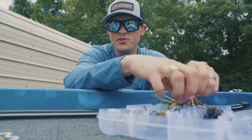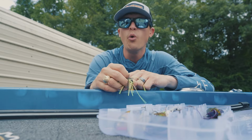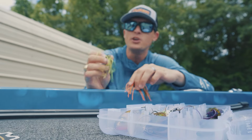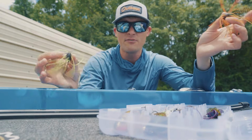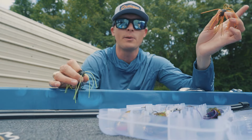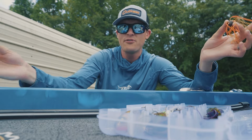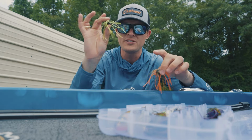And that is these fuzzy spheres right here. Now you're probably thinking, Tyler, what in the world is this? Is that even a lure? Well, this is the G-Crack Q-Bomb. It is my buddy Alton Jr.'s signature bait for this year. I believe they're crazy hard to find online, and so I'm gonna put this video out when the lures are available on Tackle Warehouse. I feel comfortable using these baits because Strike King doesn't make a fuzzy ball,